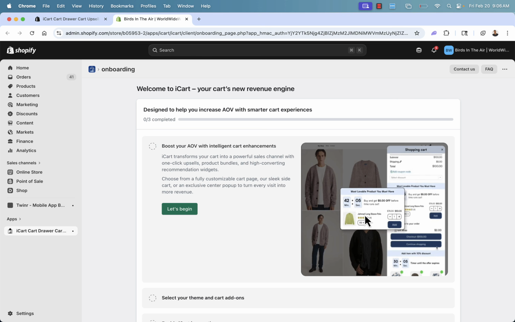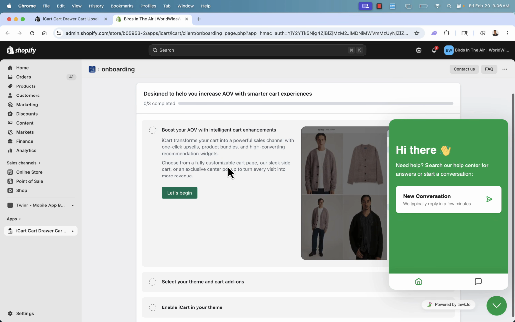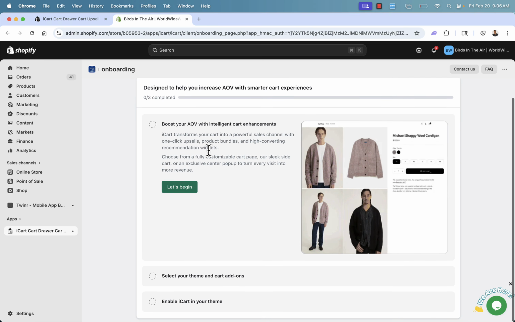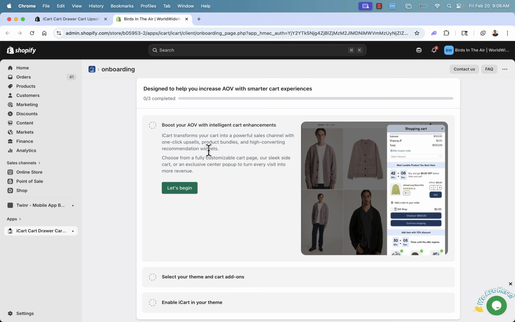We're now in the dashboard here. We have a little bit of an onboarding here, and I want to give a great shout out to their support. Really highly available and always very helpful. You see that right there in the widget down there. But we're going to come over here and we're going to start our cart enhancements over here,